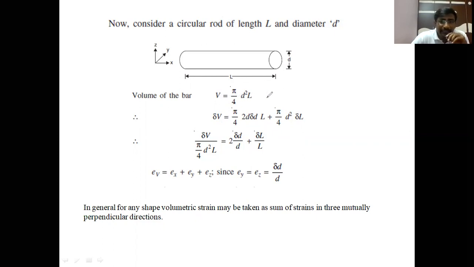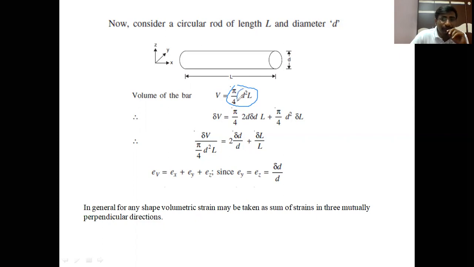It is a mathematical equation, a differential equation. If we differentiate UV, we get U dash V plus V dash U. So U dash V plus V dash U we can write as the differentiation of UV. Likewise, here I differentiate the right hand side. Pi by 4 remains constant, d square is the U, and L is the V.